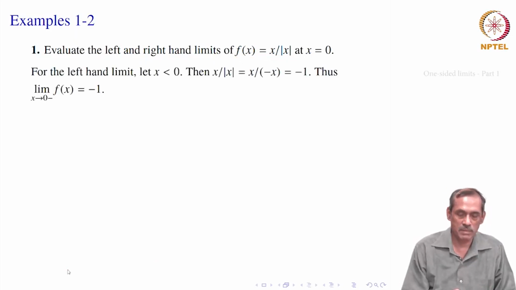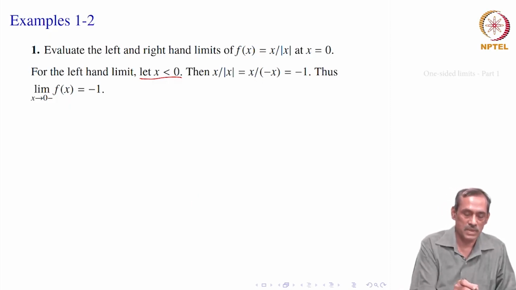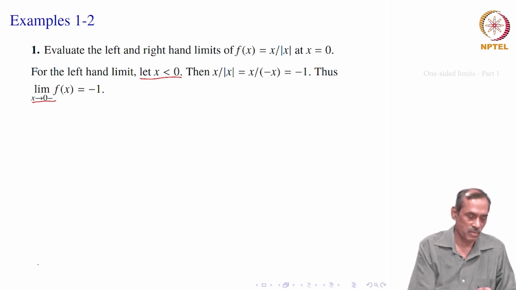Now, how do we proceed to the left side limit? Well, for that we should consider all x less than 0, particularly in a neighborhood near 0. So, now look at how the function looks like when x is less than 0. Mod x becomes minus x when x is less than 0. So, x divided by mod x is x divided by minus x, which is minus 1. It is a constant. So, its limit f of x equal to minus 1, that is clear when x goes to 0 minus, that is the left side limit of f x at x equal to 0 is minus 1.